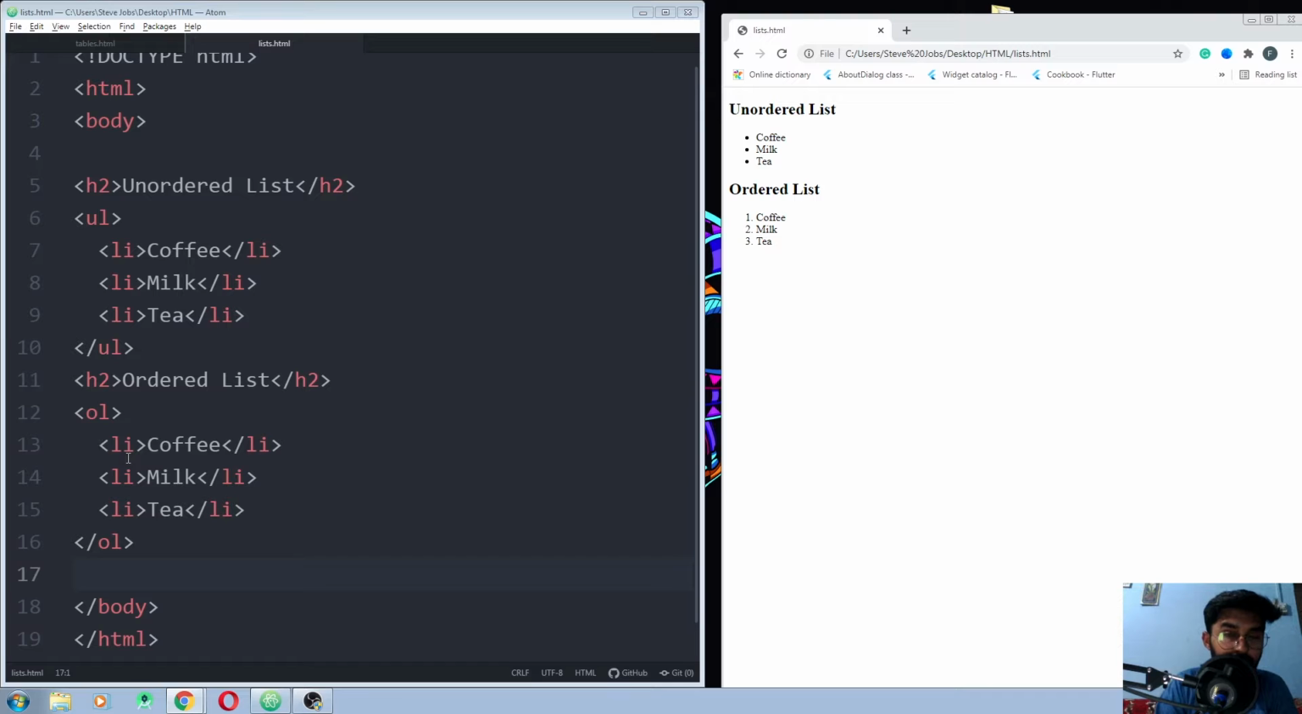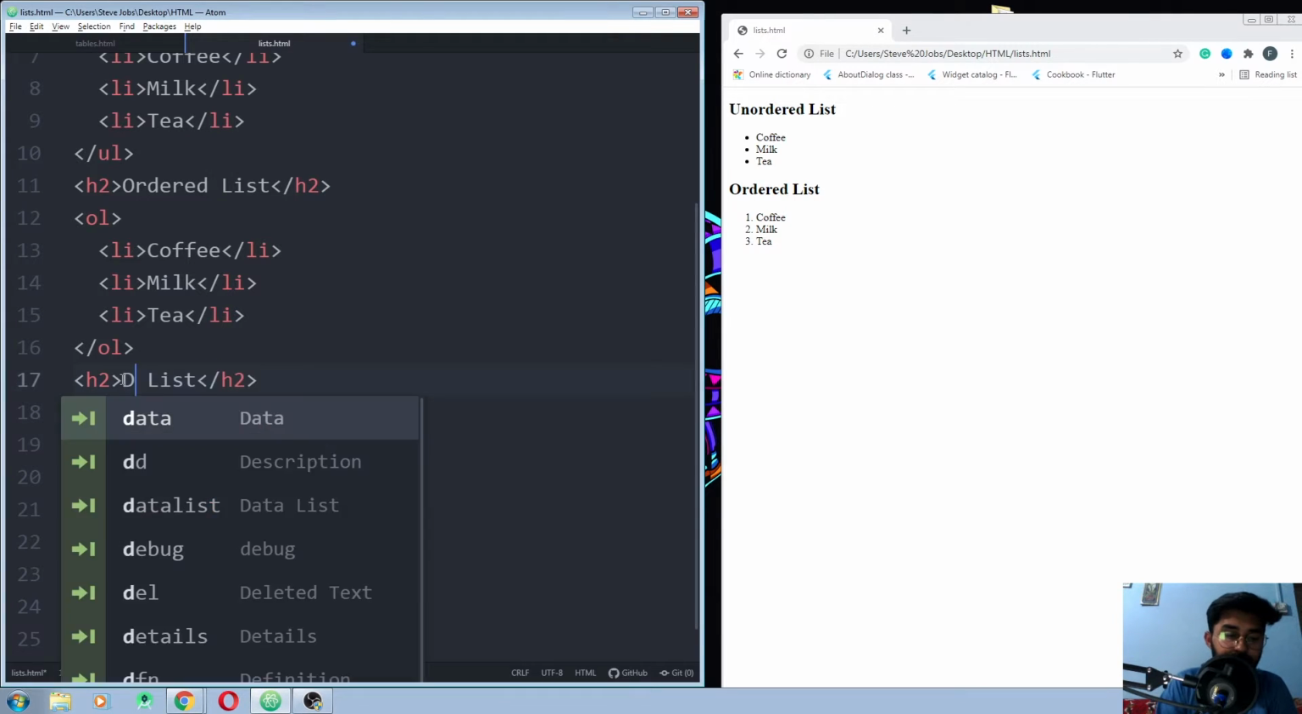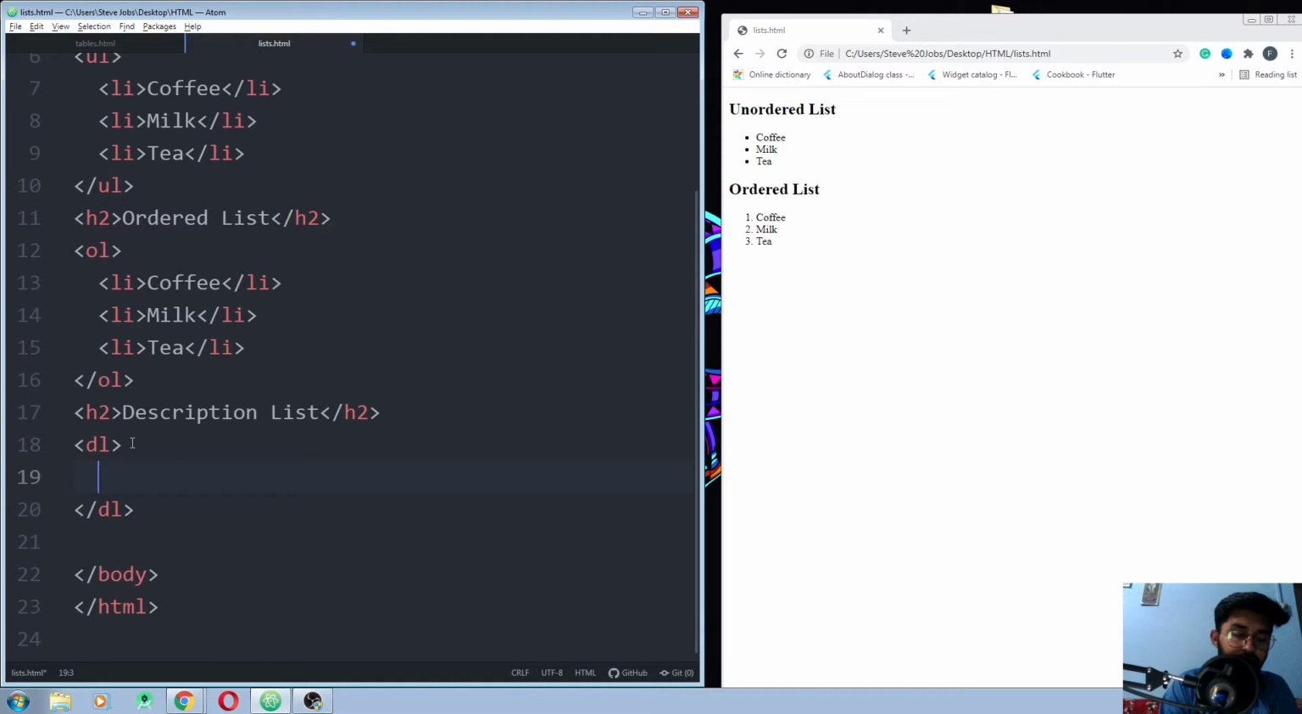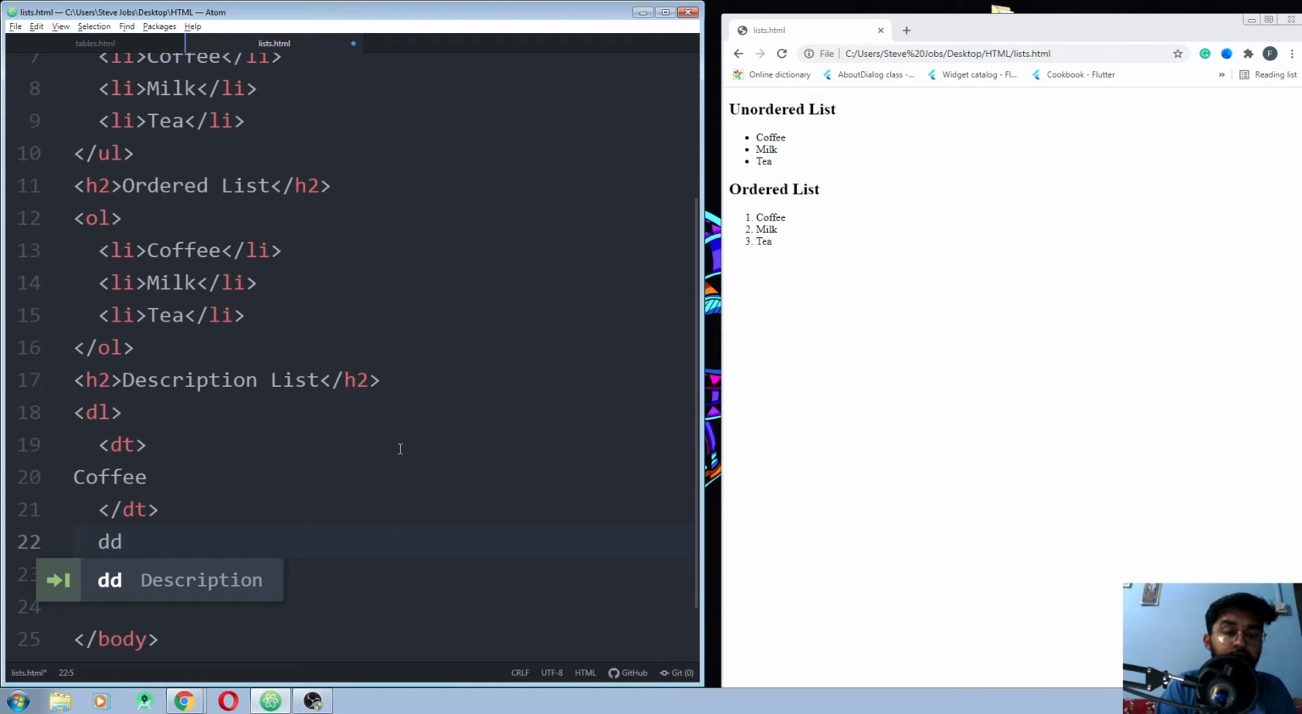And now we are about to create the description list. In description list, you write the DL. Okay, in DL you first write the DT, description term, which is the coffee. Now you're gonna write the DD to describe the term that you have written in the description list. Okay, I just wrote here the coffee. So what kind of coffee do I want to have right now? Okay, I just want to write black,